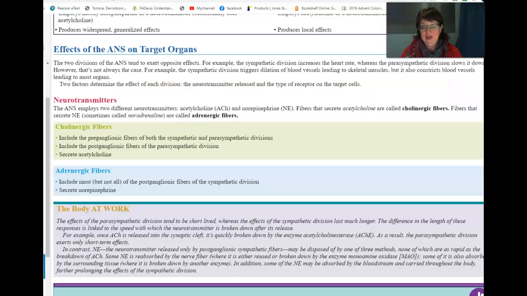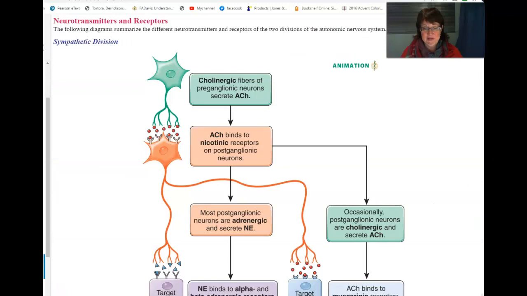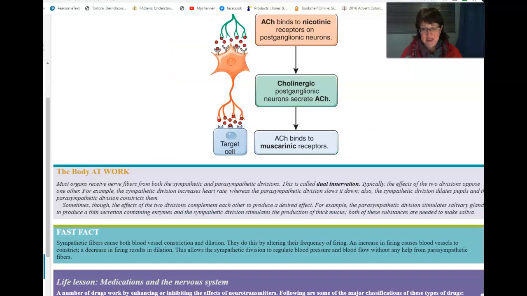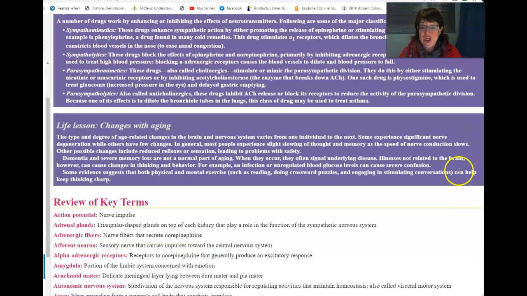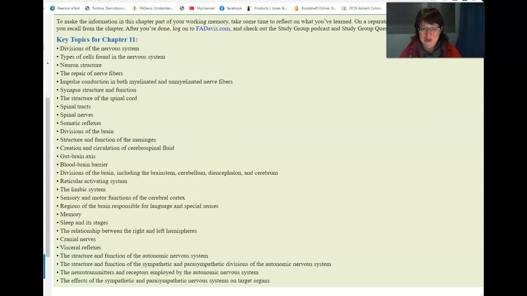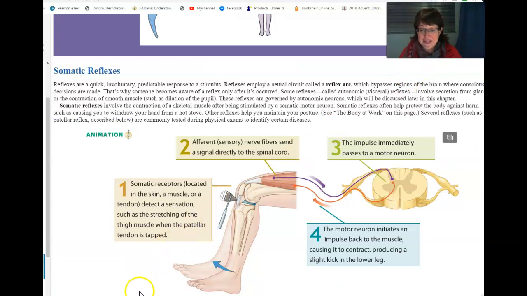There we go. So that was quite a bit. Don't worry about all the different receptors and all the different activities of the receptors. That's a little bit more than you need. So this has been a huge unit. Pay attention to the key terms. Go through, answer the questions. Realizing there's a lot, name that part. What does it do? So look at all those topics. Anyway, it's been a very busy chapter. A lot of information. Take the time to learn it because